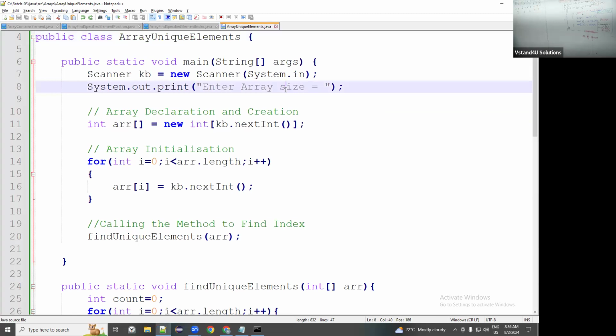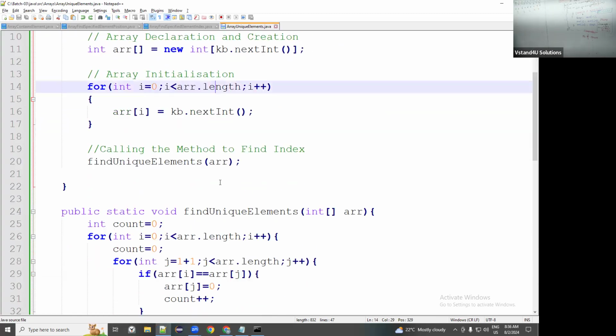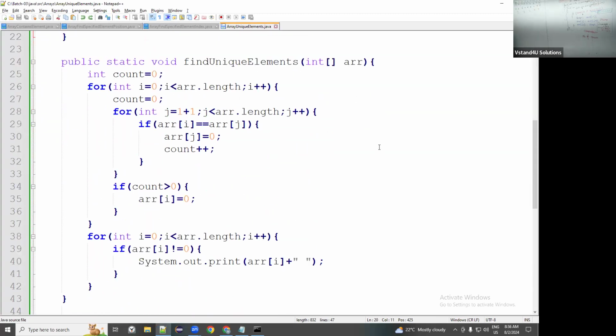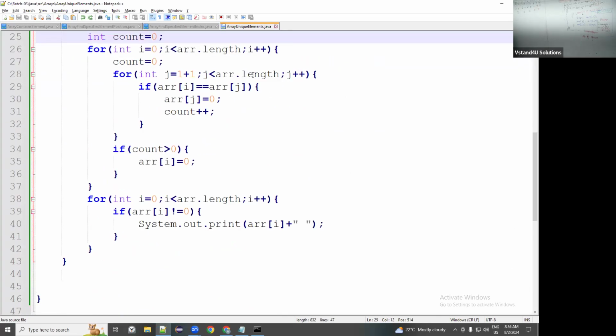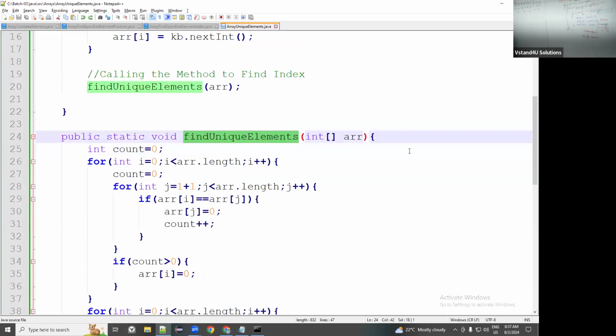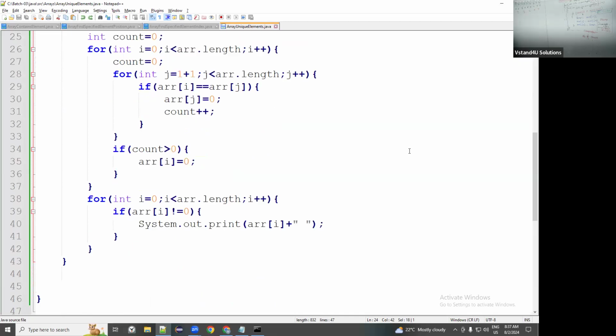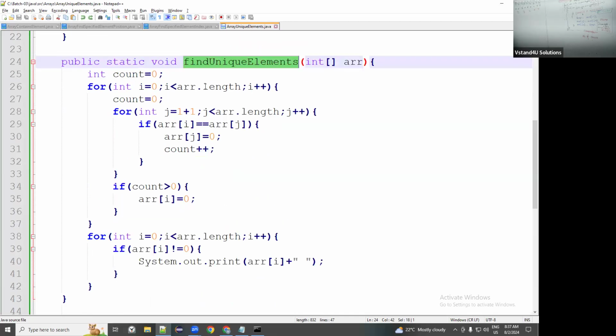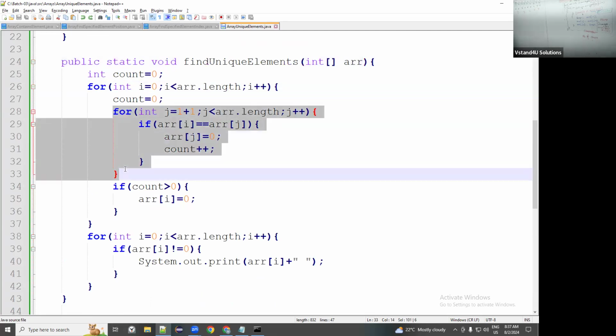So you have taken an integer array. Then you have given find unique elements. See, you are telling find unique elements, but you are doing a different task: print all the elements only once. Okay. Then you are going from 0 to length. You are making count 0. Over here you are doing